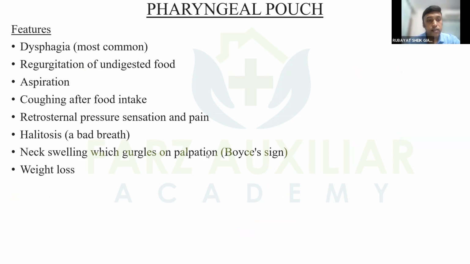You have a swelling that is visible in the neck, and if you palpate it, you can feel a gargling going on in there. So this is called Boyce sign. So you will have an elderly male. The elderly male is having these features, and you suspect he or she might be having